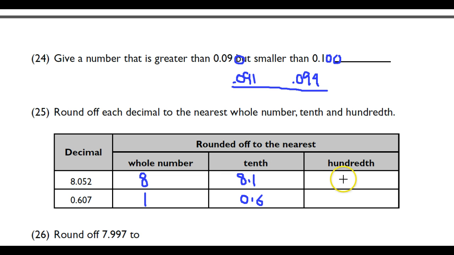Now let's round to the nearest hundredth. This one is 8.052. Nearest hundredth, the number to be changed is 5. Should it be changed to 6 or remain as 5? So you will see the next number over here, number 2. 52 is nearer to 50 than 60, so we don't change this to 6. So 52 is nearer to 50. It ends up with this 5. Now when you have the hundredths here, you make sure there are 2 decimal places only. And for this